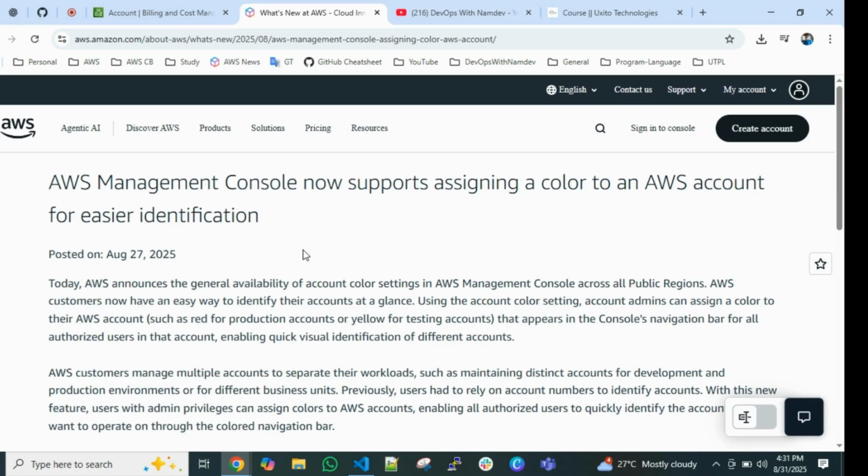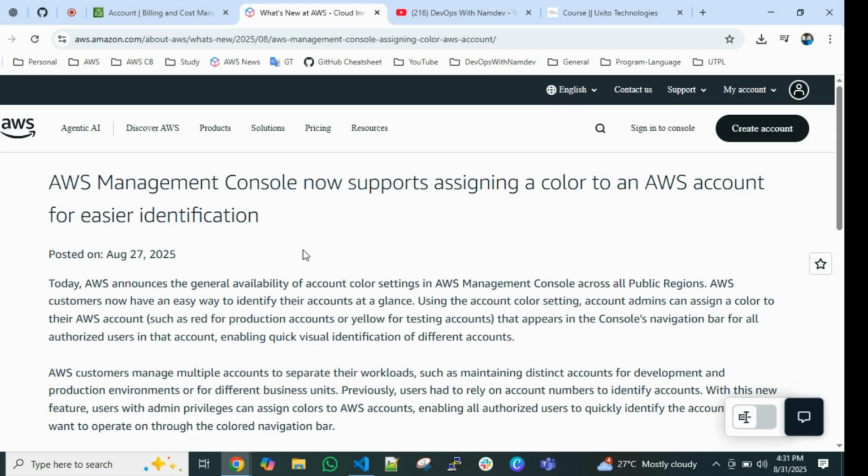There are a couple of situations where manual mistakes can happen. Let's say we want to make some changes in the dev account or test account, but by mistake, since we are logging in through the SSO page, single sign-on, as human mistakes, we can log into the wrong account and make the modification there. Then we realize, oh my God, we just made the changes in the wrong AWS account. To avoid this kind of situation, AWS rolled out this color coding feature,